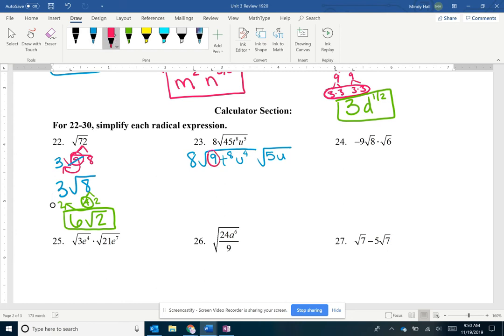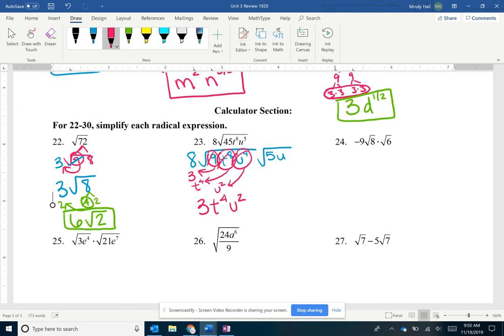Square root of 9 gets to move out. It brings out a 3. T to the 8th, when it moves out, you're really doing 8 divided by 2 because this is a radical. So this would be t to the 4th. And then u to the 4th, when it comes out, it would be u squared because, again, you're cutting that exponent in half. So then I would be left with 3t to the 4th u squared,